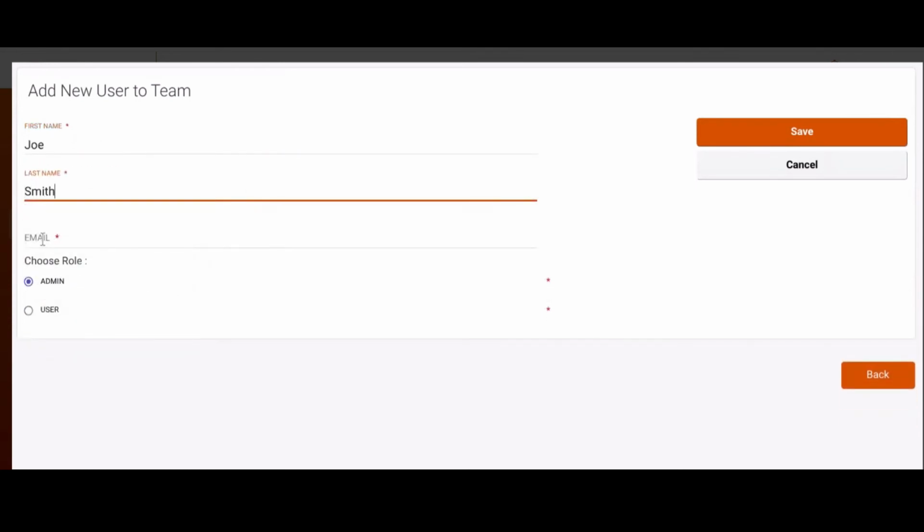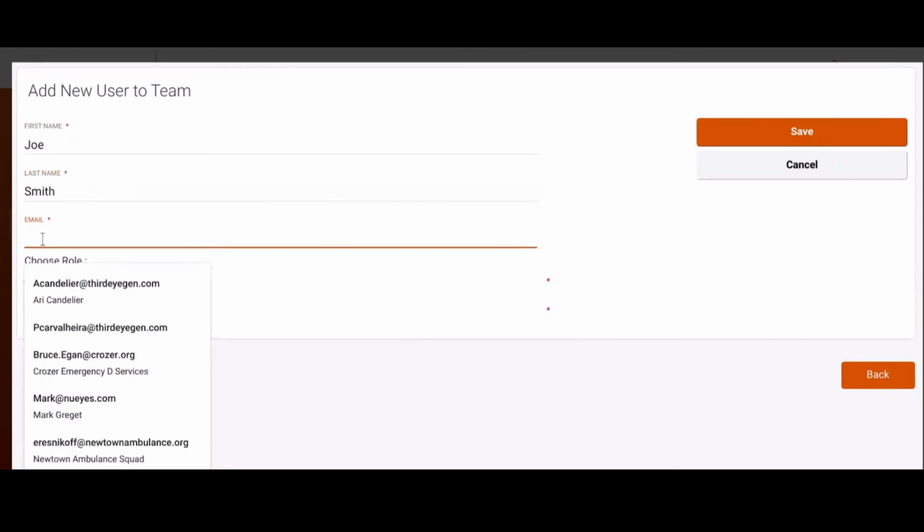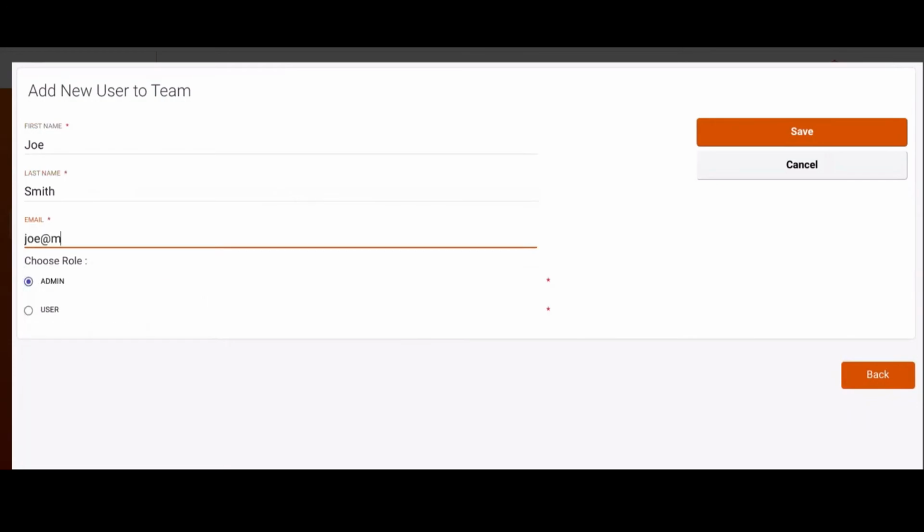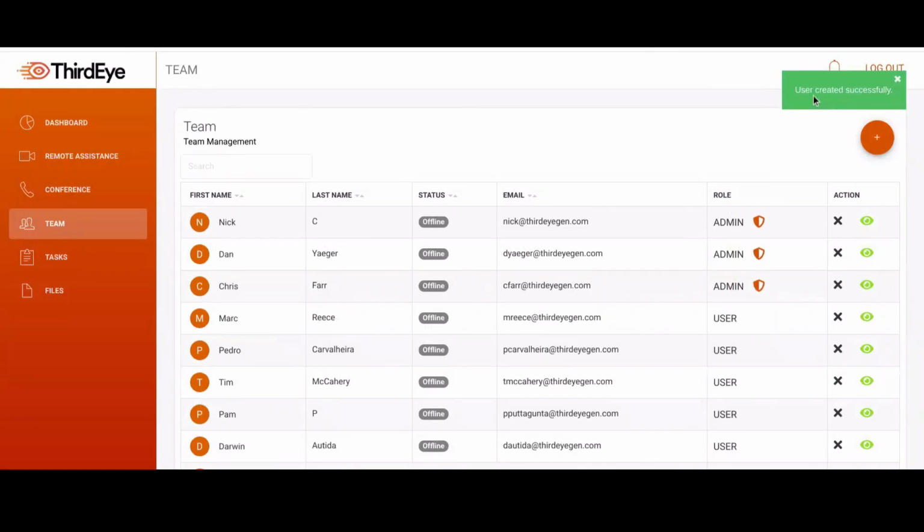Next, you're going to add an email address for the user within your organization. And then you're going to assign a role for that user, either admin or a user role. Once you select the Save tab here, that'll automatically prompt you for a user being created successfully, and that user